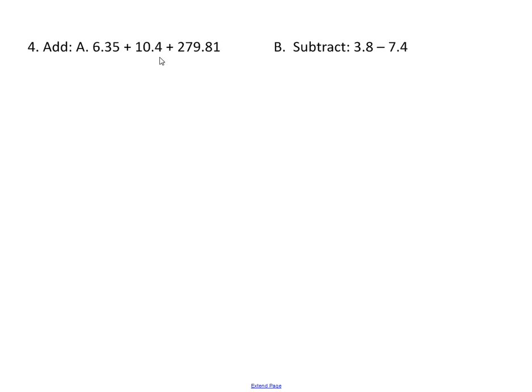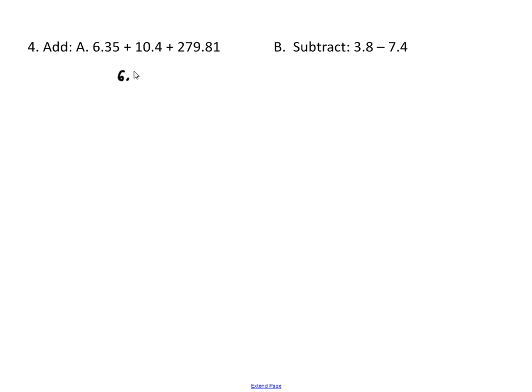10.4 goes to a tenth. How could we rewrite that? Well, we could rewrite that as 10.40, putting a 0 in the hundredths place. 279.81 also goes to the hundredths place. And what we're going to do, the easiest way to me to add these, is to put these numbers vertically